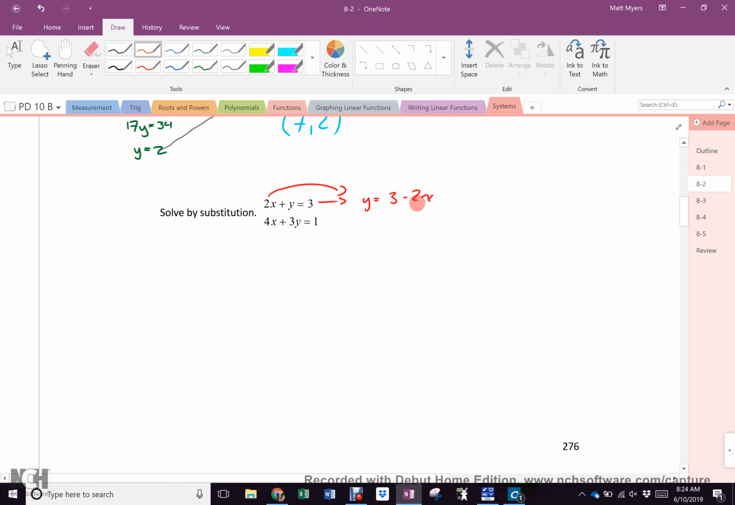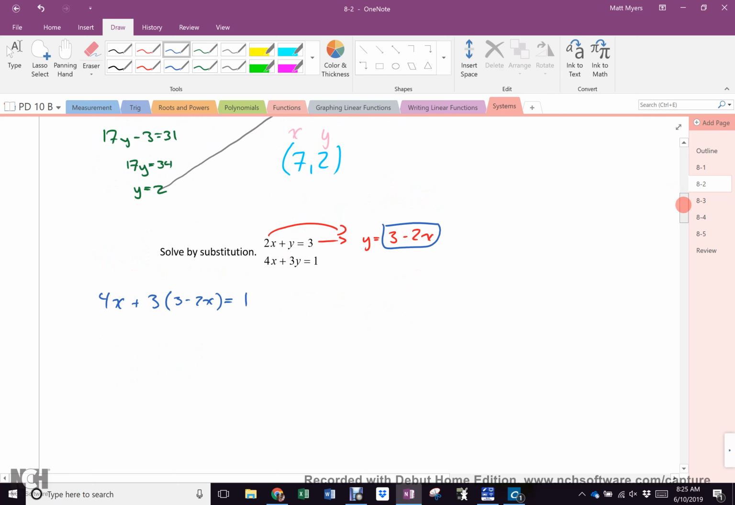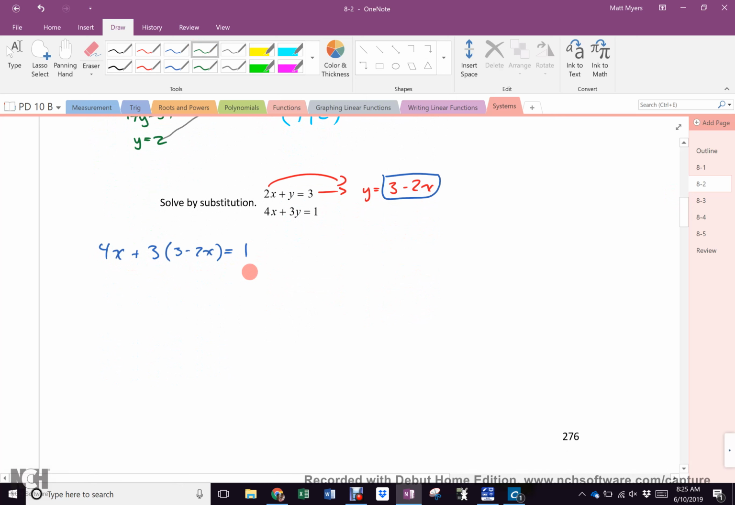Yeah. Okay. Step 1. Step 2. Where do I take this to do more work? There's a y. Y equals that. 4x plus 3, not y. 3 minus 2x equals 1. Right? There's the blue. What do I do with the now in green? Step 3. I solve this. 4x plus